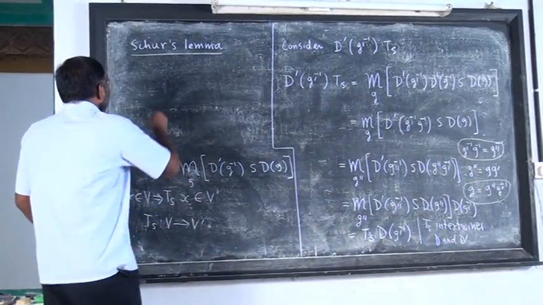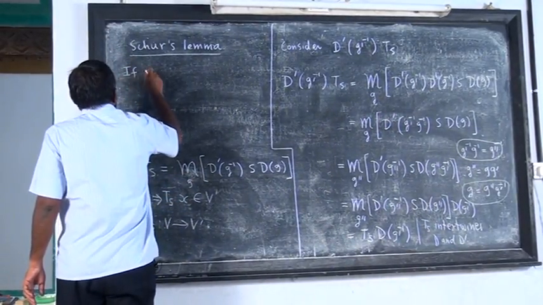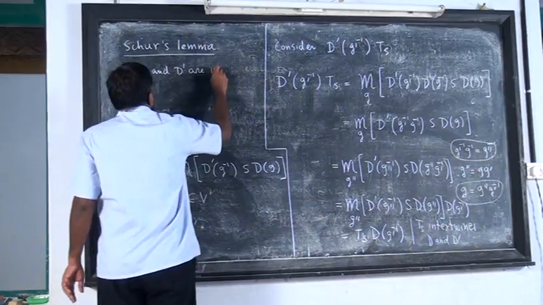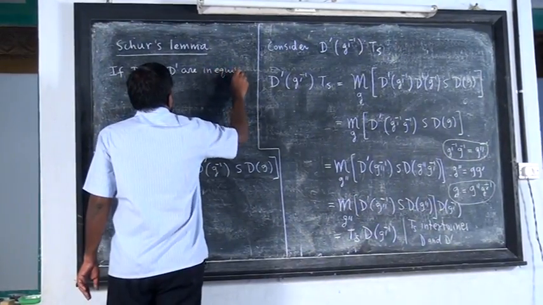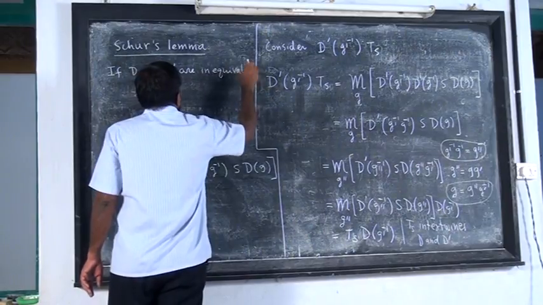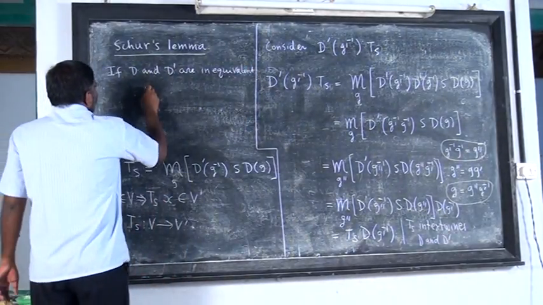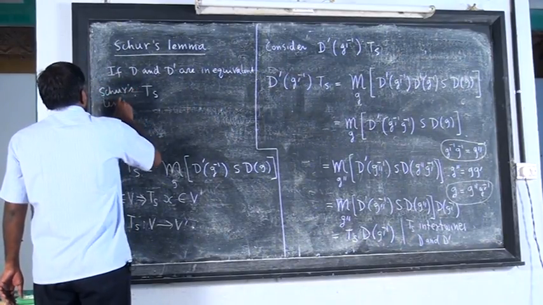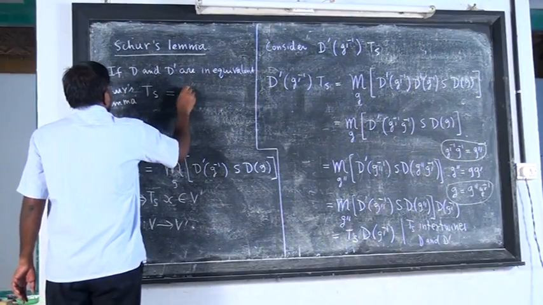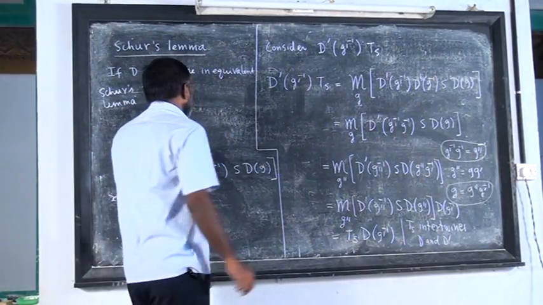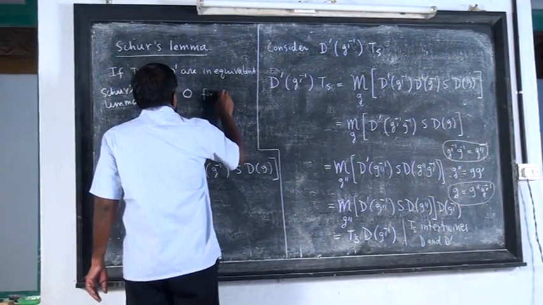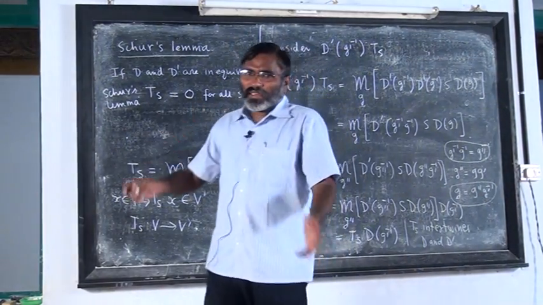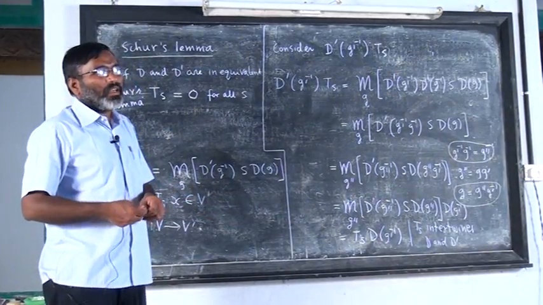So if D and D prime are inequivalent, Schur's lemma tells you TS has to be equal to 0. For all S, whatever S you take, this is true. Okay. The result is invariant of the choice of S, so I can as well choose this S to be an identity